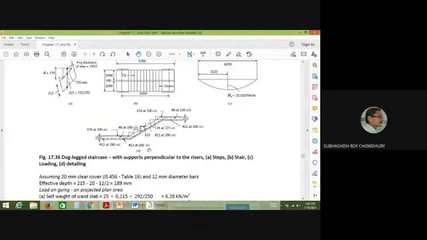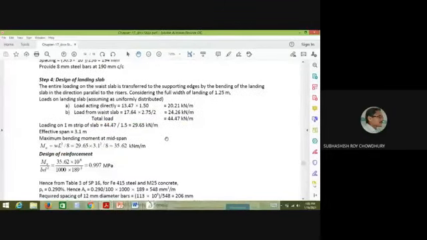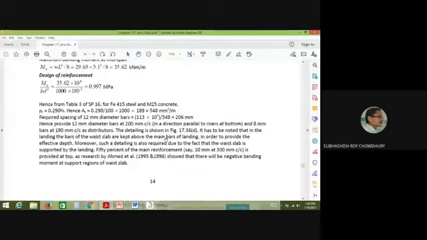Okay. Now and 8 millimeter dia, 190 millimeter center to center, that is provided at the top as a distribution bar. Okay, because that is not needed for the landing slab, but we have to provide this one for the reinforcement coming from the waist slab. So you have to provide some distribution, but that we have provided here also. Okay, so that distribution still we are providing here. This is 190 millimeter center to center. So this idea of reinforcement detailing you are getting from this problem. So how the reinforcement can be calculated and how the reinforcement will be distributed.